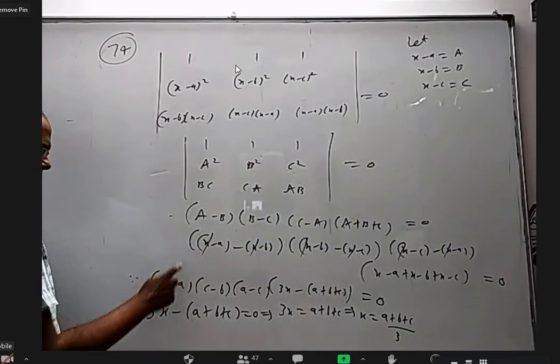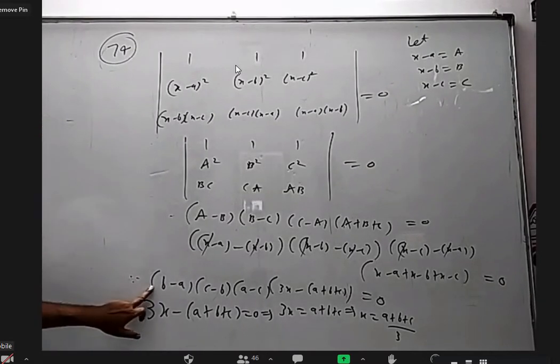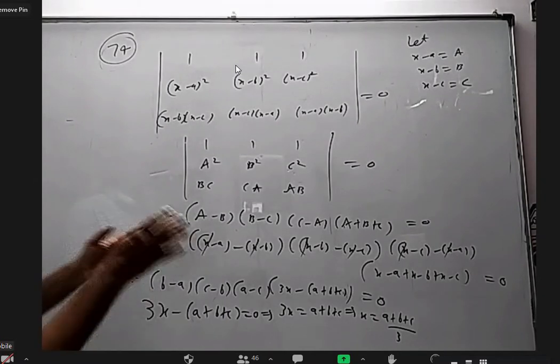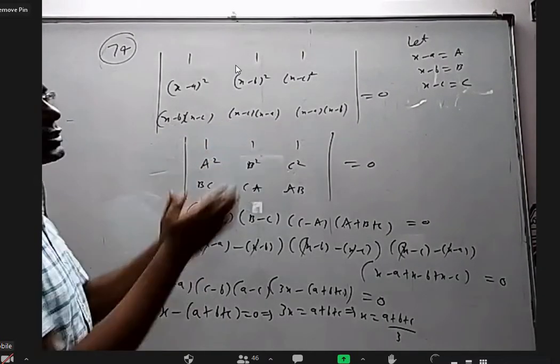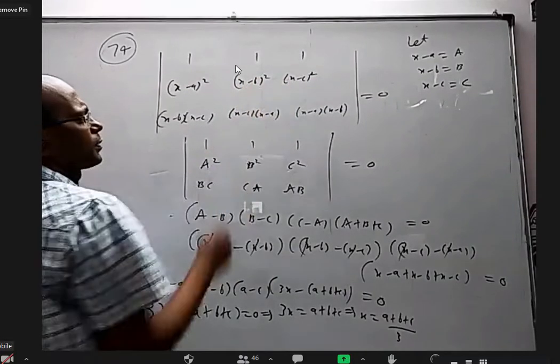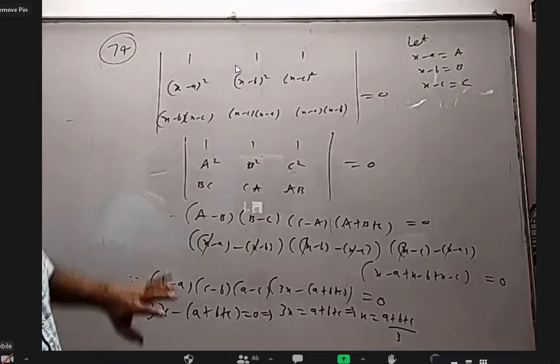Is it you are asking from here to here, or from here to here? Before steps. From here to here. Above, sir. Anyway, let's start from the beginning. I want to write small expressions, so that's why I took small x minus a as capital A, this is capital B, this is capital C. That's how this is transformed into this. And this is a standard question.